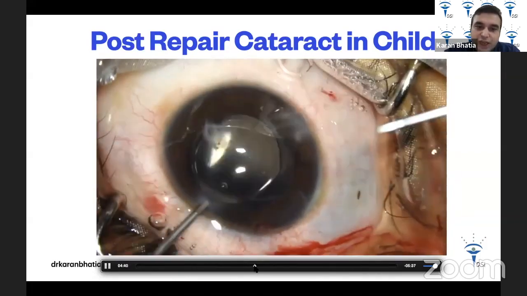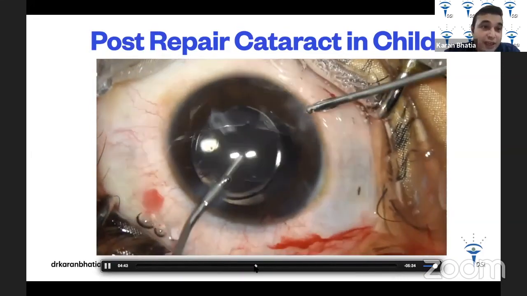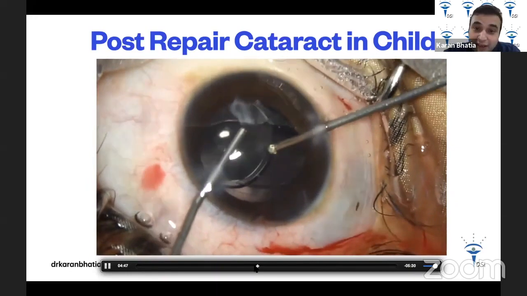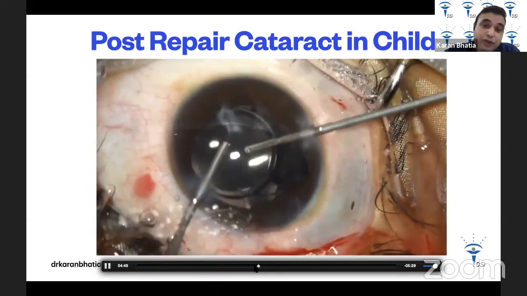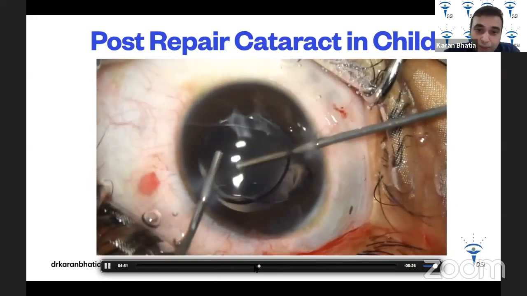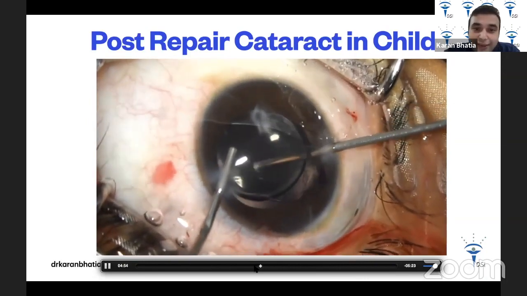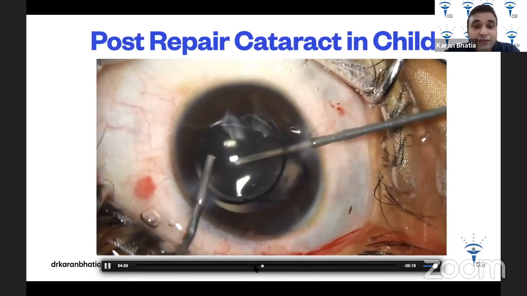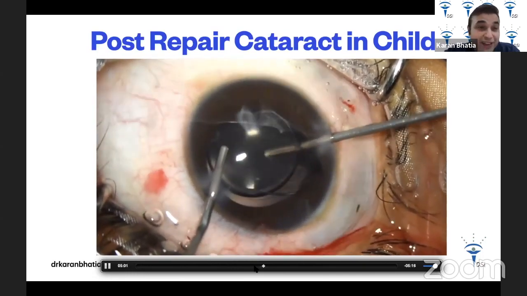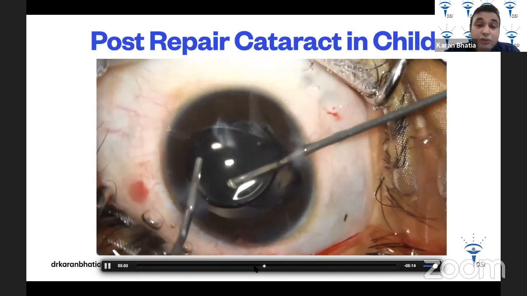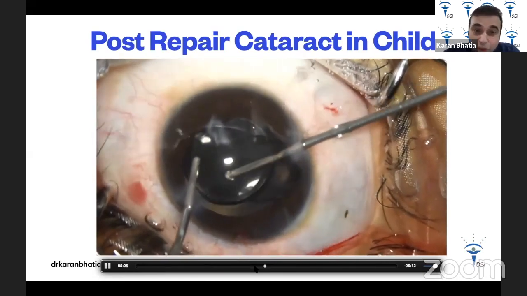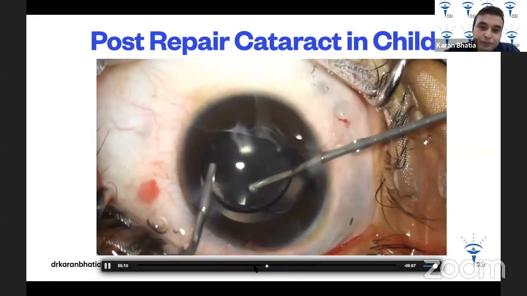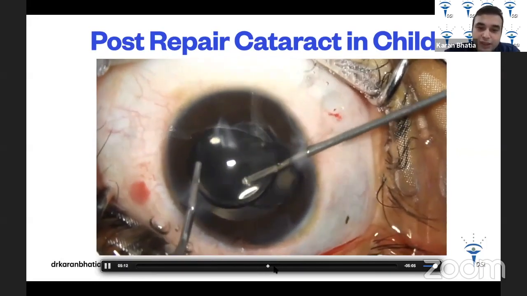After this is done, the surgery doesn't get over because it's a child. Now you have to do a primary posterior capsulotomy or a rhexis. So this is a vitrectomy probe cutter that I'm using, and I'm going behind now. I'm behind the IOL and I'm making a cut in the PC because this is a 4-year-old child. Otherwise PCOs are very common and very thick in them and they develop very fast, so he will not cooperate for a YAG capsulotomy later. So I have to do this and clear the visual axis. It's a very slow process and I'm working on it.